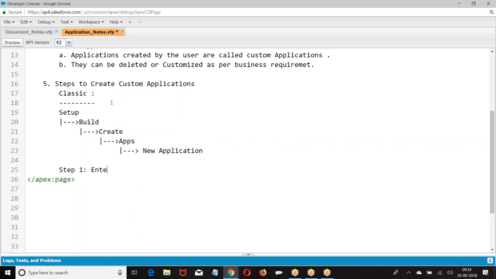Step number 1, choose application type. Choose application type as custom.